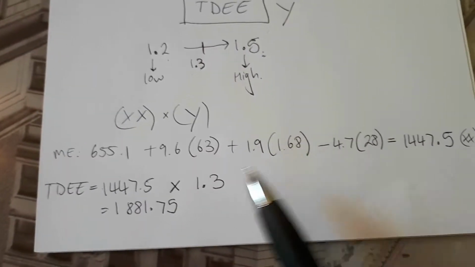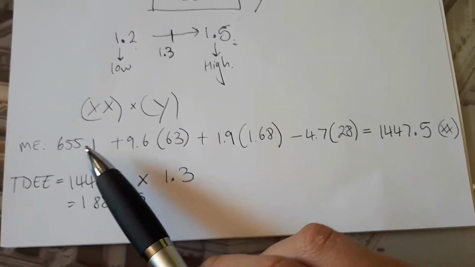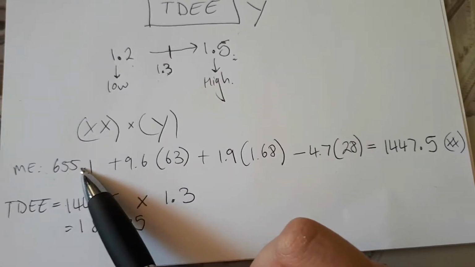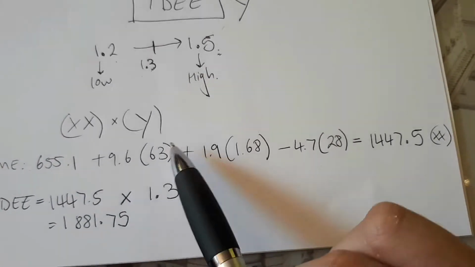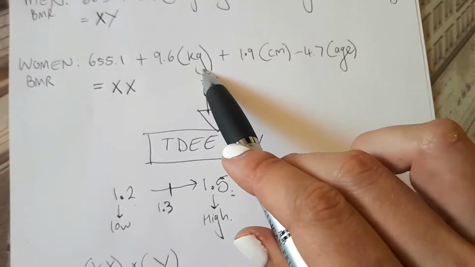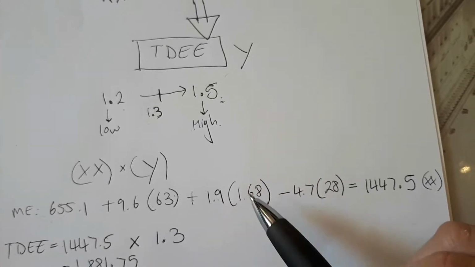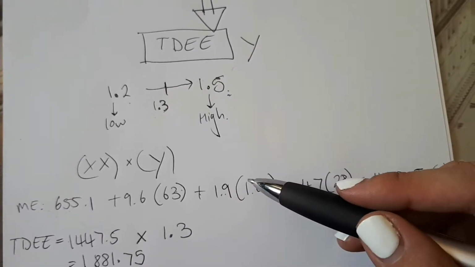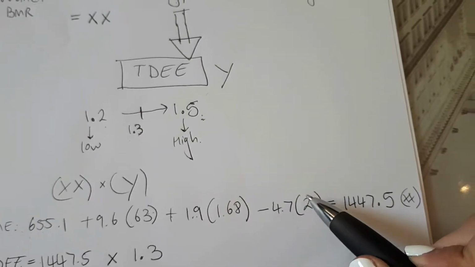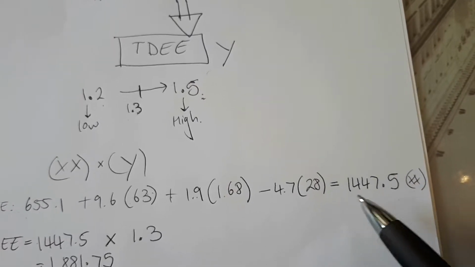Okay, so I just worked out my basal metabolic rate. So for women, and for me, it's 655.1 plus 9.6 times 63. And remember, 63 is my weight in kg, plus 1.9 times my height in centimeters, so 168 centimeters, minus 4.7 times my age. And that'll give you your basal metabolic rate. So mine is